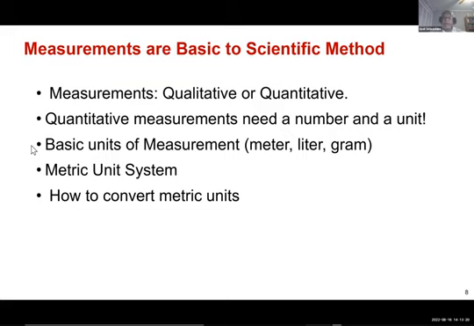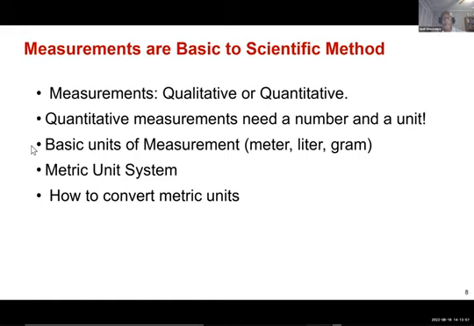That car moves faster than the first car, which moves faster than the second car. This object weighs more than the first object, which weighs more than the second object. There's no number. The color changed from yellow to green. So there's no number associated. That's a qualitative